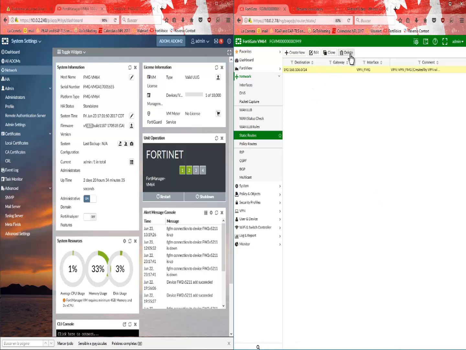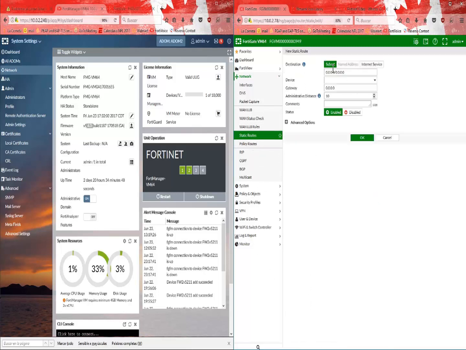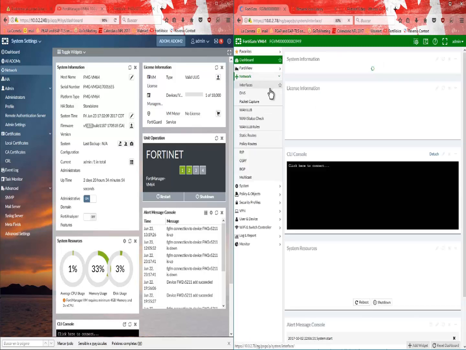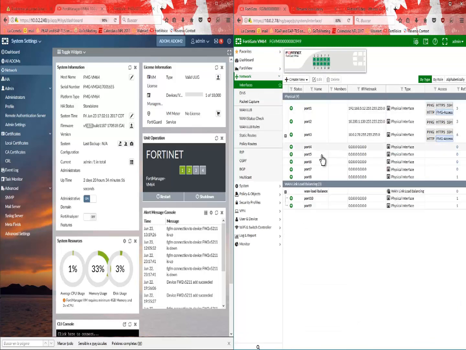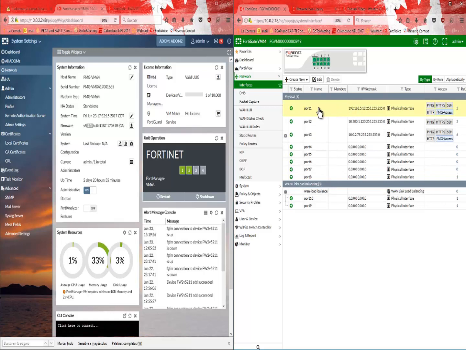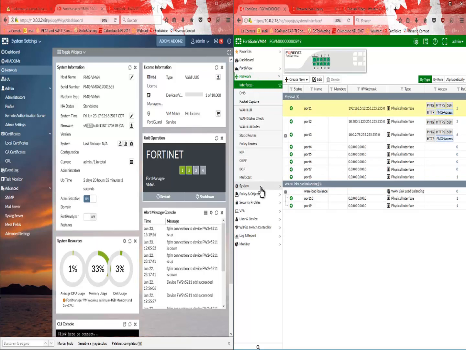Okay, so in this case we delete another VPN, another static route. So let me do it again. I deleted the connection through the internet. So we are connected through this one, through port 1. So I am going to do the static route again,